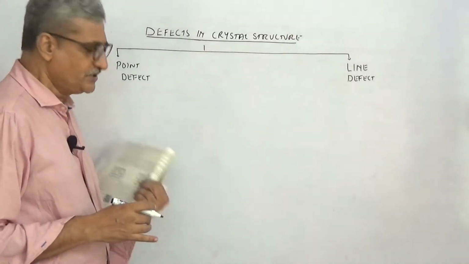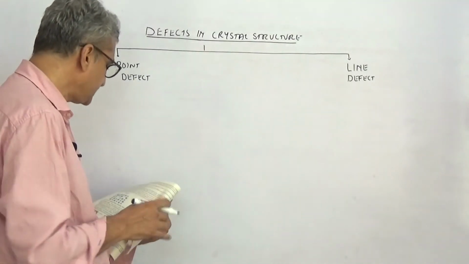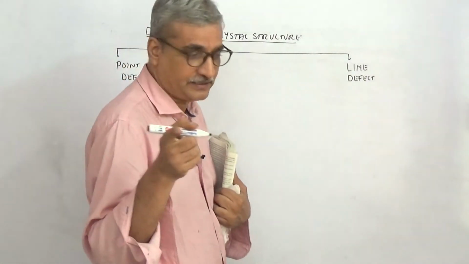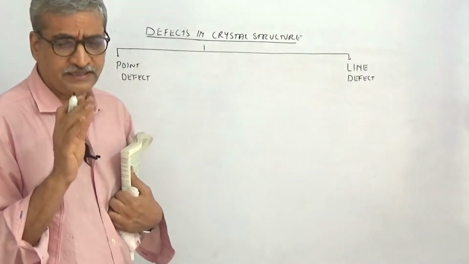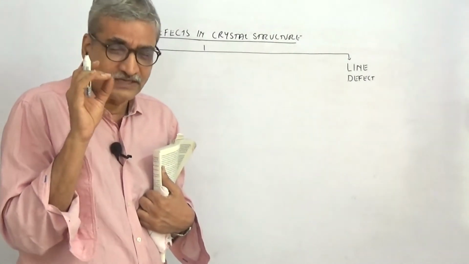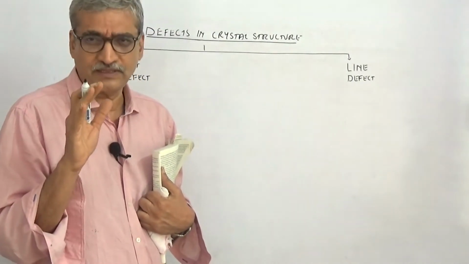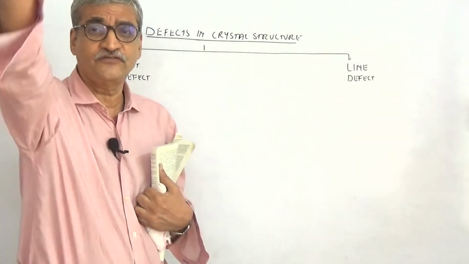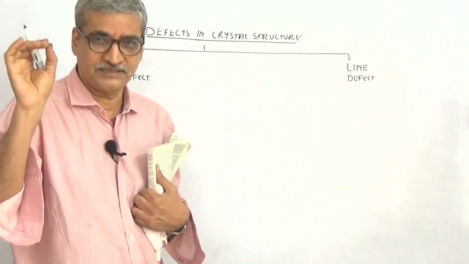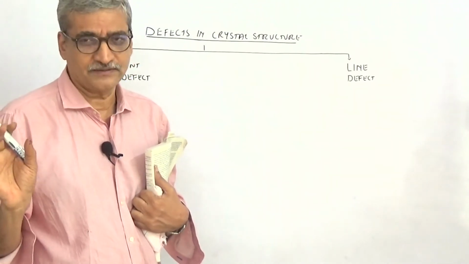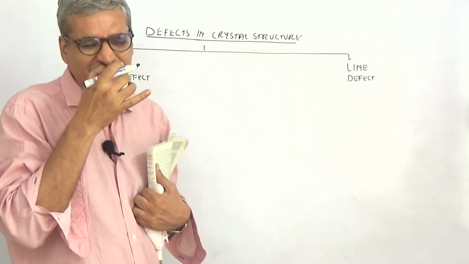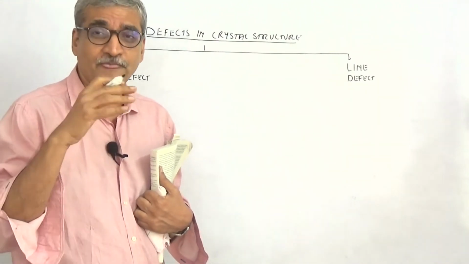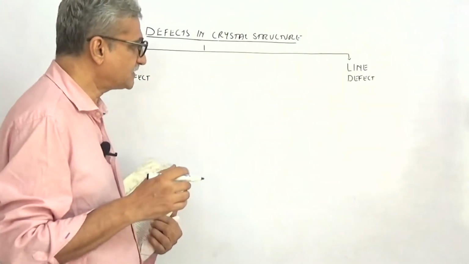Is this clear? So what happens in a line defect is, the defect is due to... now a definition will be asked. I am telling you again and again, definitions you should learn a little by heart. I am a person who has been against learning by heart, but I feel that a definition should be a definition. It should be a definite way of writing. So try to stick to the textbook, because sometimes the language may change or may not convey what we want to say. Is this clear?